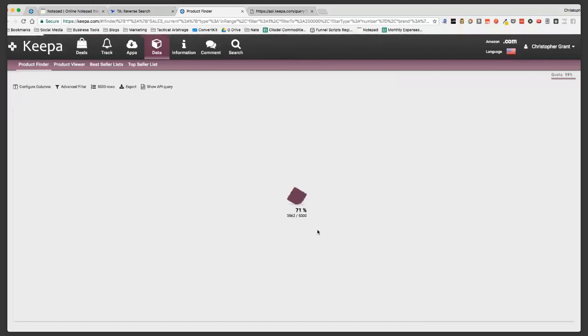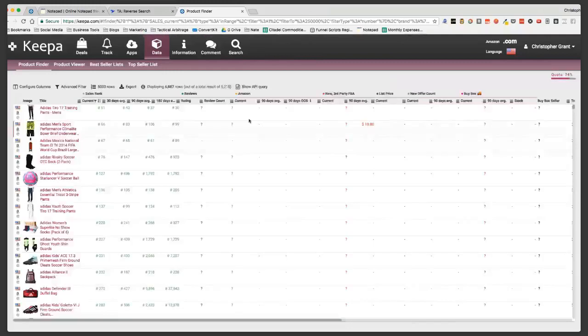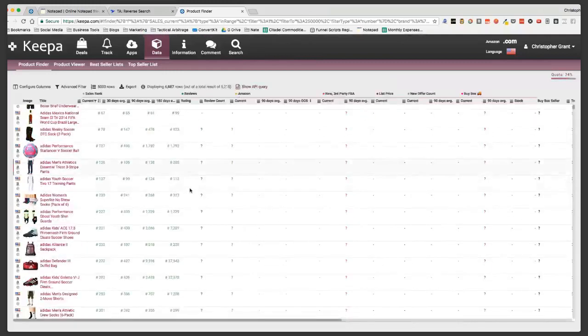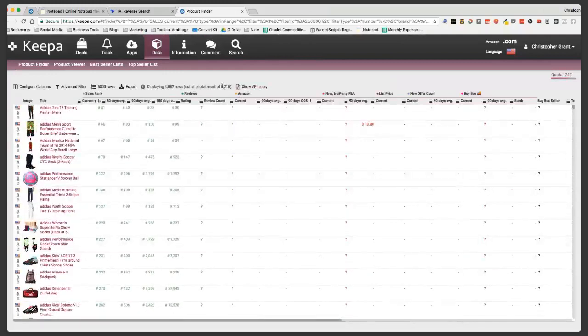Sorry, guys, it's running a little slow because I'm trying to do so much. So we've got 5,000 ASINs here we can export. You can see out of a total of 5,215, but it's taken my quota from 99 down to 74.